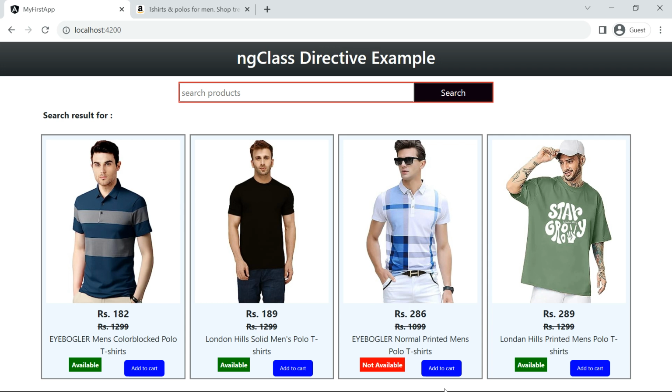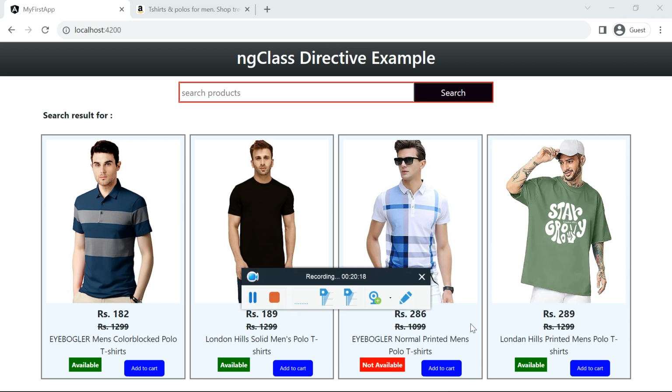In this example, we have extended these ngClass directive examples to our ngFor directive, where we created one template. This is just one single class we have written along with ngFor, and however many products there are, the same number of times the iteration happens, and this div is added to